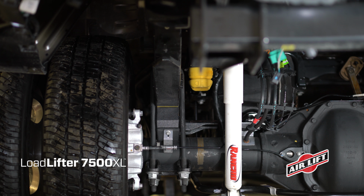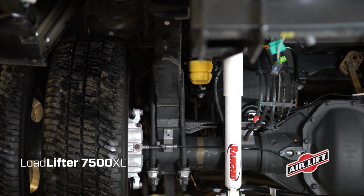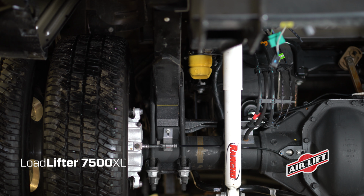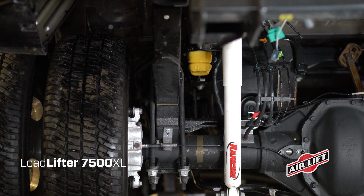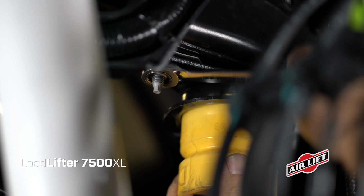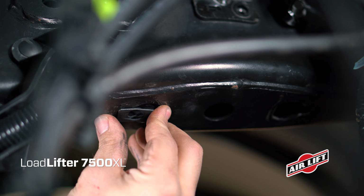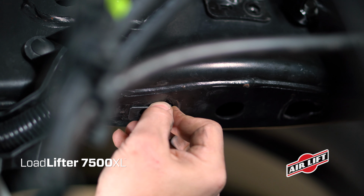Raise the truck with a floor jack and support the frame with jack stands, making room for the air spring assembly. For filming purposes, we're using a drive-on vehicle hoist. Prepare the vehicle by first removing the stock jounce bumper and clip-in studs from both sides of the vehicle. Then, install universal nuts into the frame rail. Make sure to line up the holes in the frame with the threads of the nuts so that a bolt